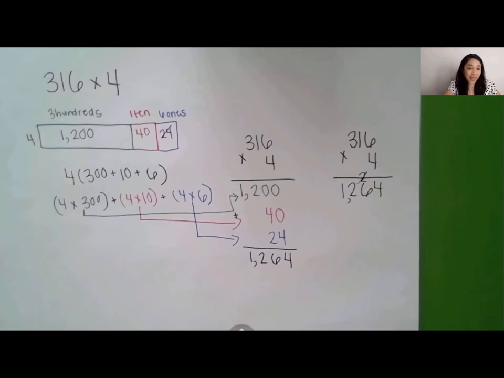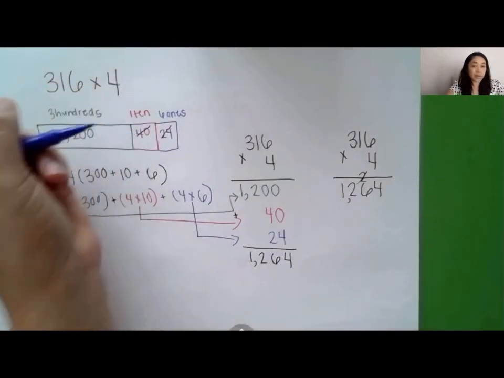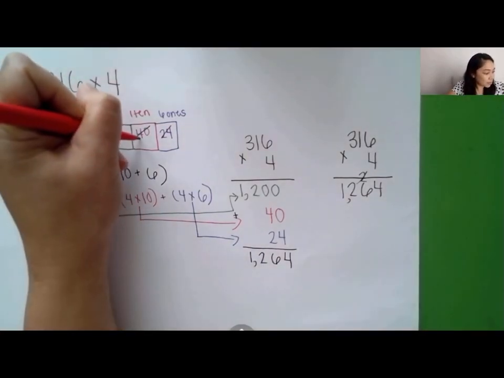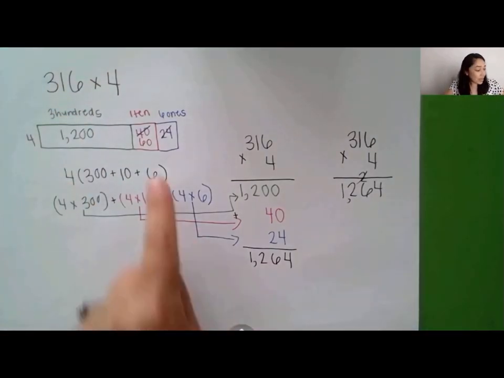When I do that, I'll have 2 tens that can move to the tens place here. And now I have 6 tens, or 60. And then here, I'll